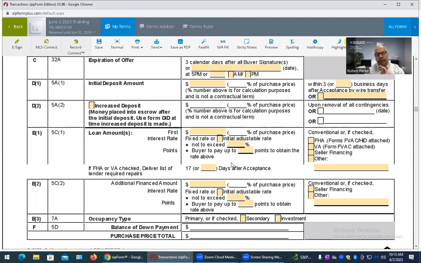Yeah, just communicate with the lender, make sure that they're good to go, they're fully qualified, the contingency periods, especially the loan and the appraisal contingency. And then while you're in that conversation with the lender or loan officer, discuss the rate that they're going to be, the prevailing rate. And if you're going to include a max interest rate here, especially with a volatile market, just consult the loan officer because this is the